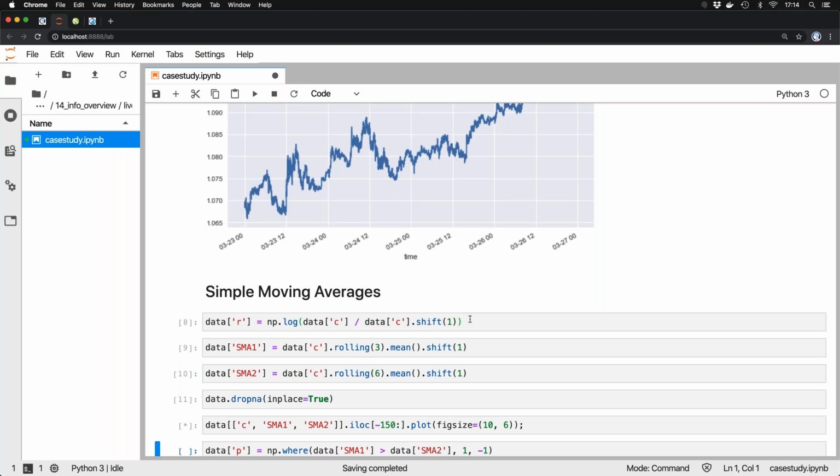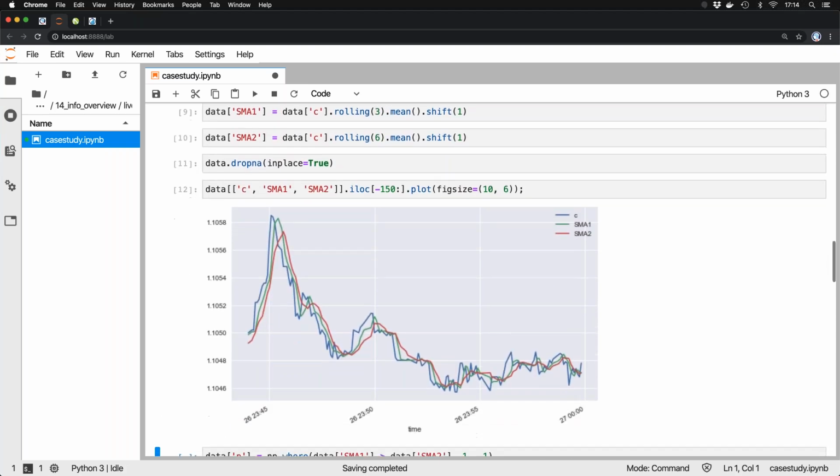Do a drop NA. Here I show you the visualization. Since we have 50,000 data points plus, I cannot really visualize the whole data set. I can, but you wouldn't see anything. So here you see the shorter SMA is green, the longer one is SMA2, albeit short and long is relative here. So I see all pretty close, but that's not the point.